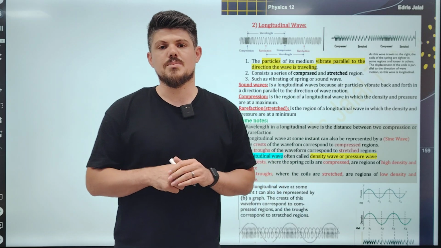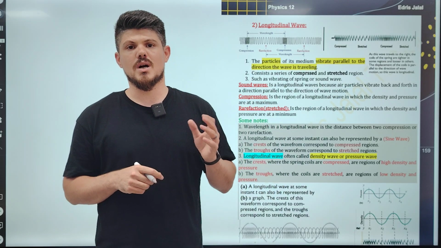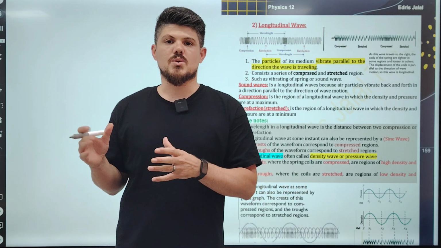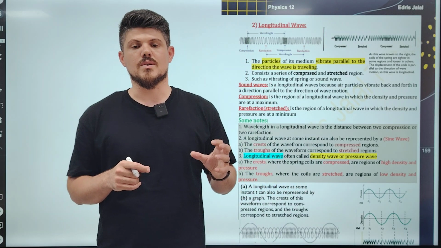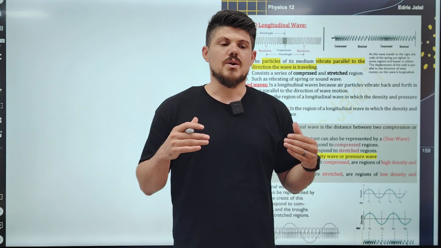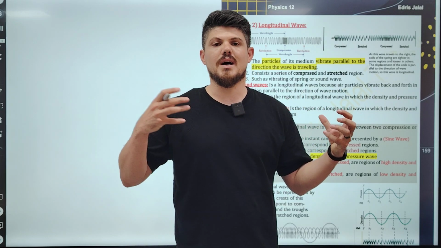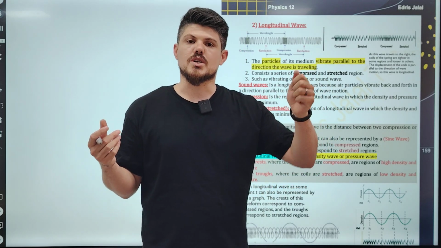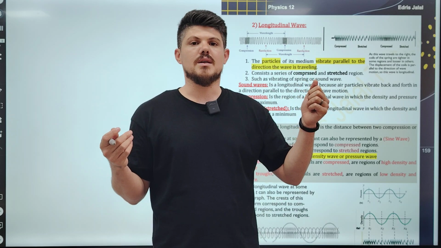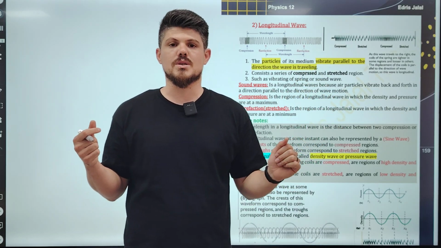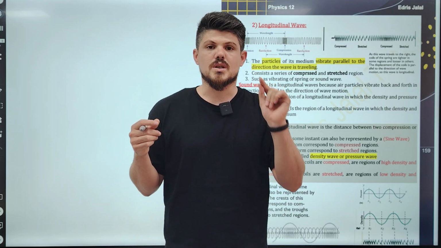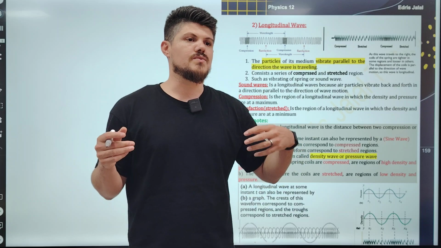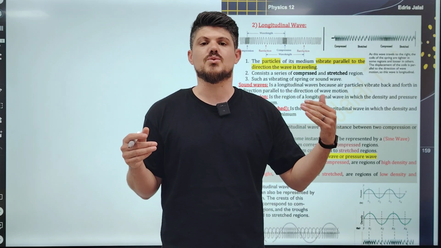We have two different types of mechanical wave: transverse wave and longitudinal wave. But electromagnetic wave has only transverse wave. In a transverse wave, such as the wave of a rope when you are shaking it, and for example the water wave, is also a transverse wave. What is the difference between transverse wave and longitudinal wave? Transverse wave is a wave that consists of a series of crests and troughs.